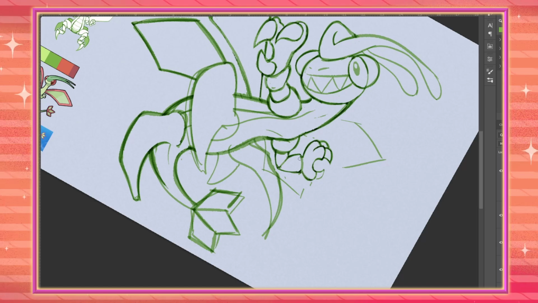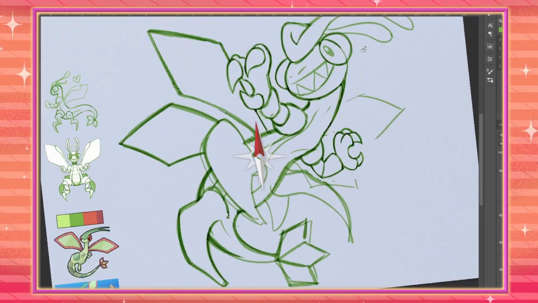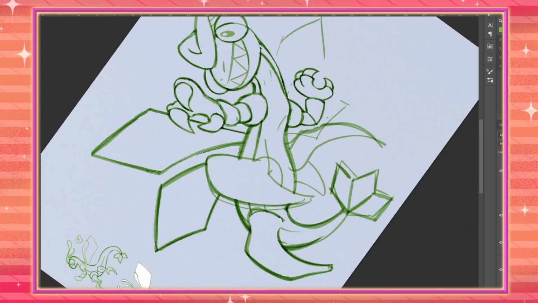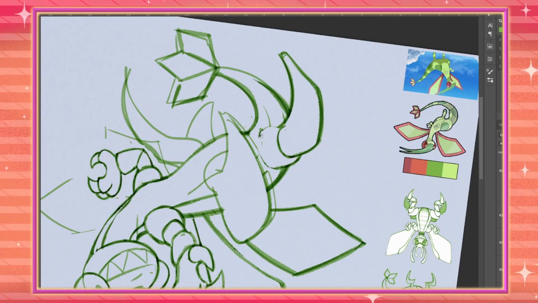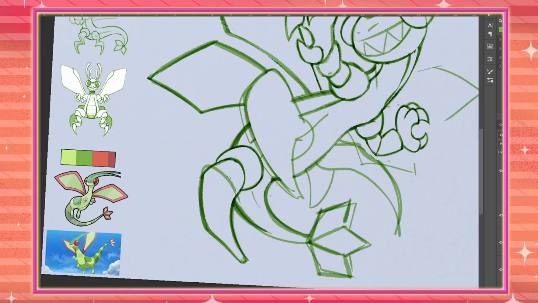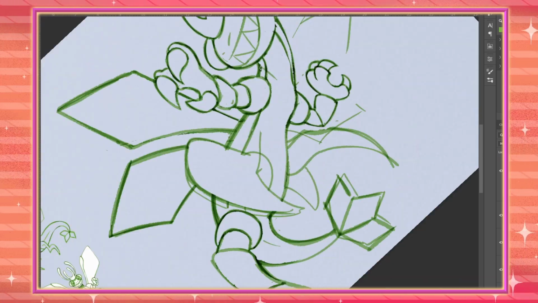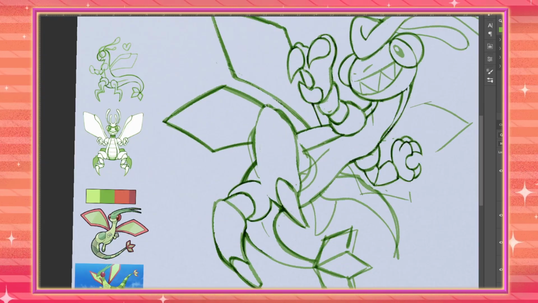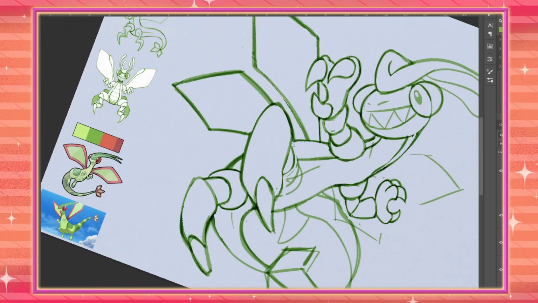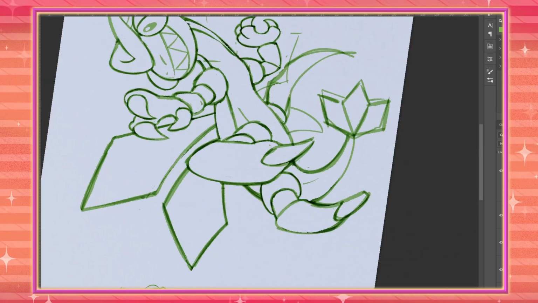I knew I wanted to carry the big silly toothy grin that Trapinch has, but for the final design to not be too dissimilar from the original Flygon that we all know and love. I want Flygon fans to be as excited about this redesign as they would for a Mega Evolution or a regional variant. Throughout this process, I noticed myself going really hard into the insectoid elements, but overcorrecting doesn't have to